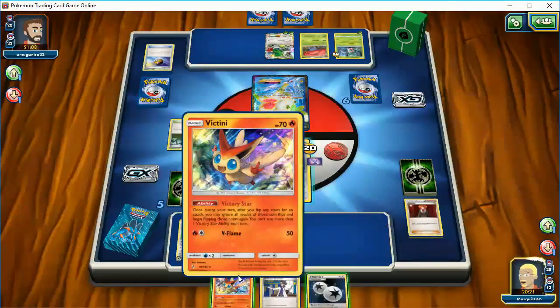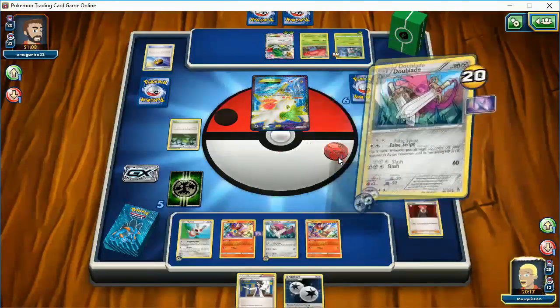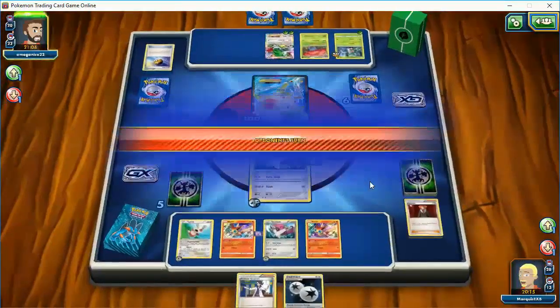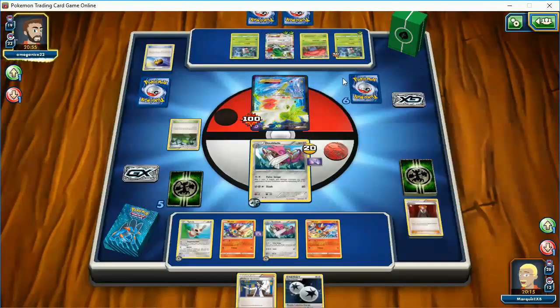Let's put this Victini into play. So, full swipe again. Heads again. All right. No, I would not like to flip again. I'm thinking of retreating this guy, use the Spinda, and knock a bunch of these guys out, as long as this guy doesn't evolve. If he does evolve, I'll...